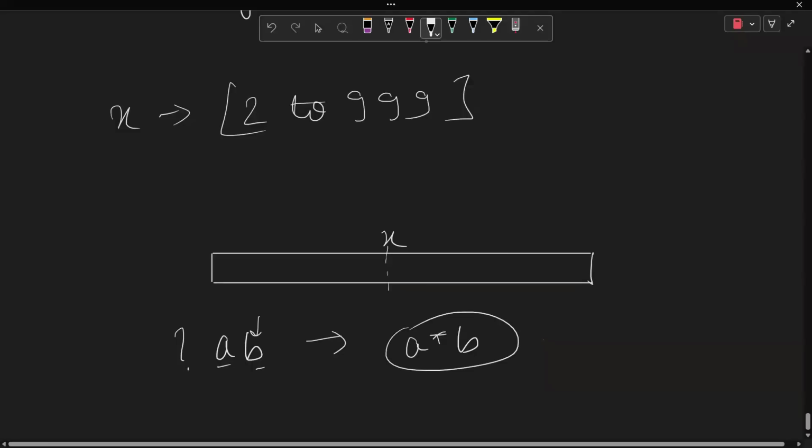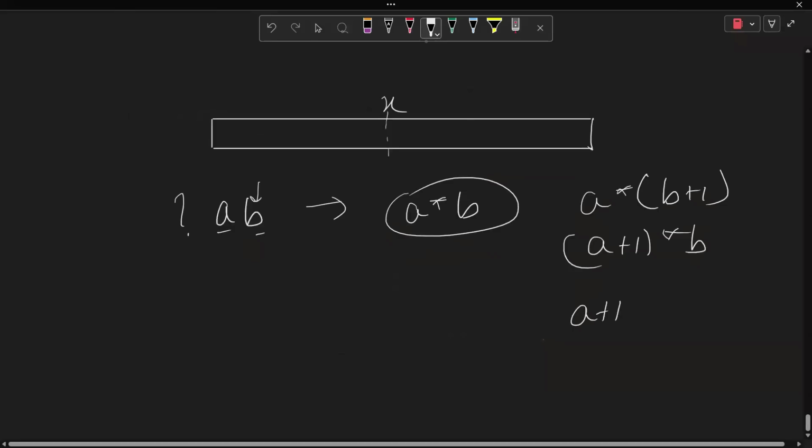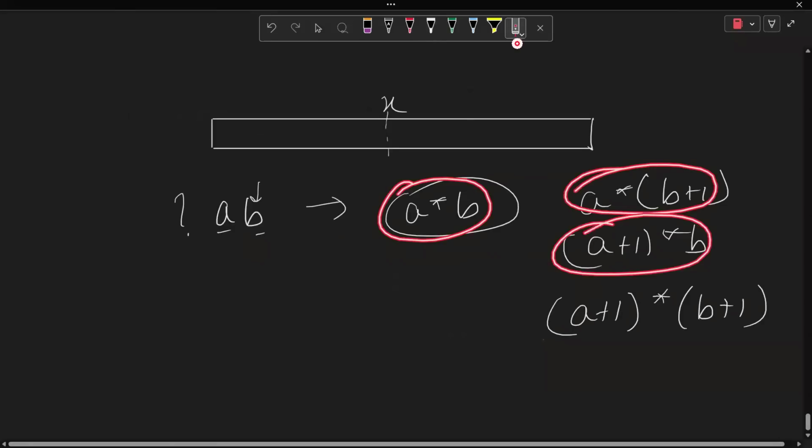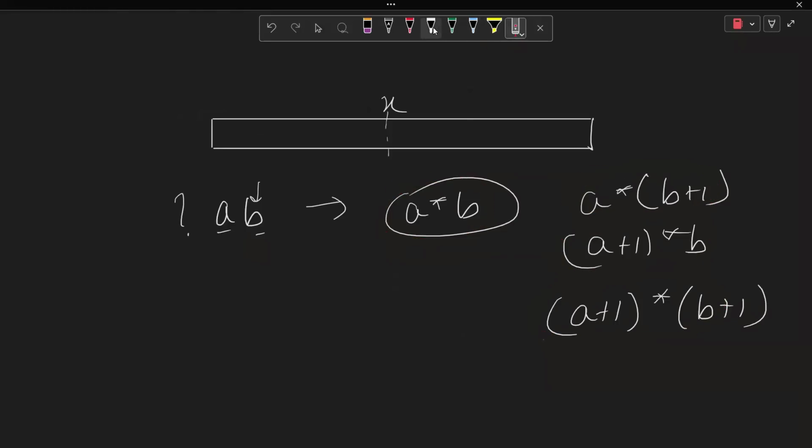Let's suppose B is measured incorrectly, then it would return A into B plus 1. If A is measured incorrectly, A plus 1 into B. If both are measured incorrectly, A plus 1 into B plus 1. So these are the only possibilities we can have. Now, among these possibilities, whatever A and B you are providing, how can